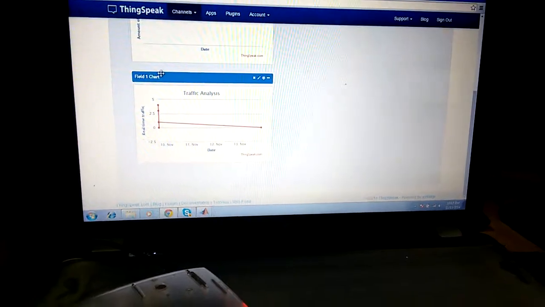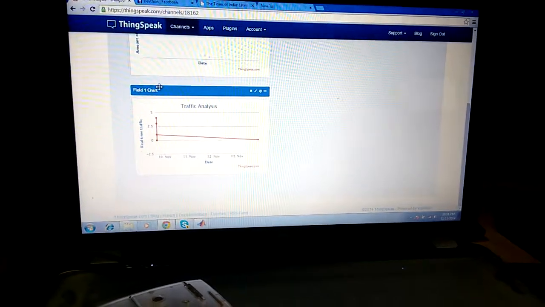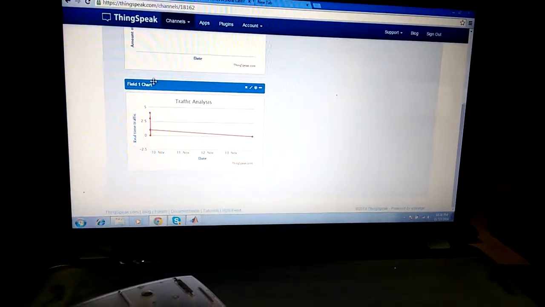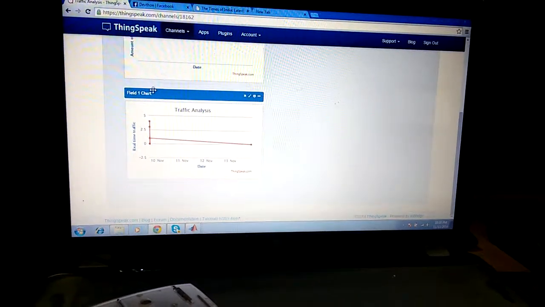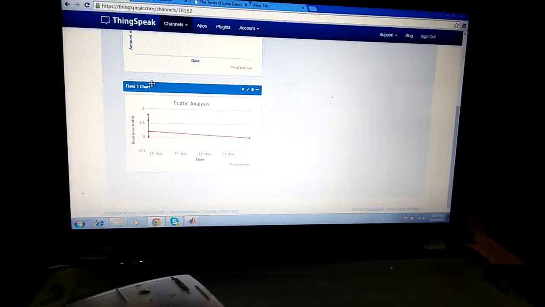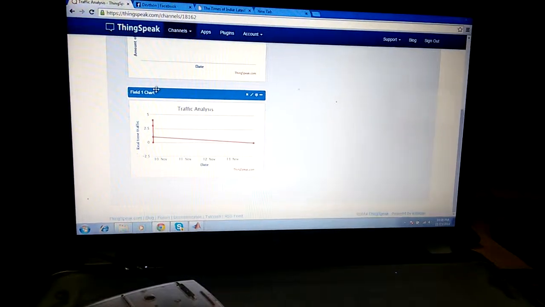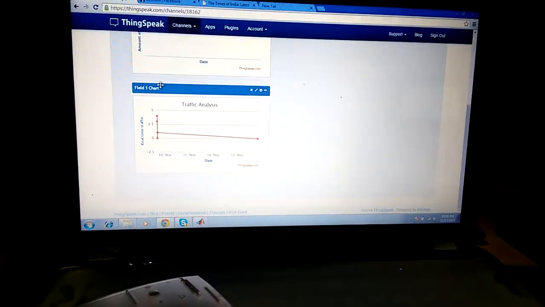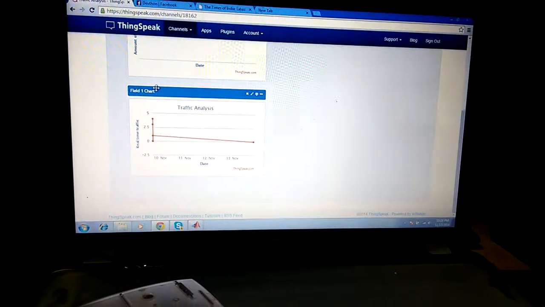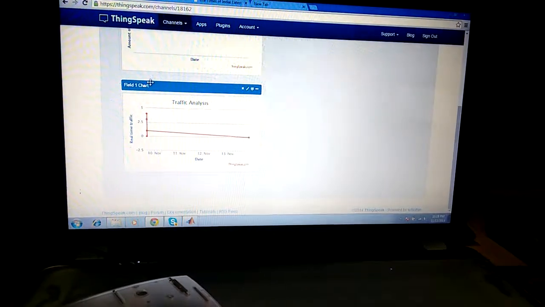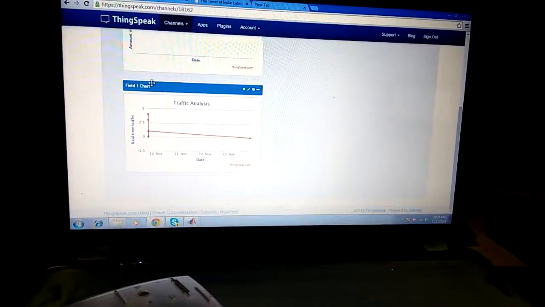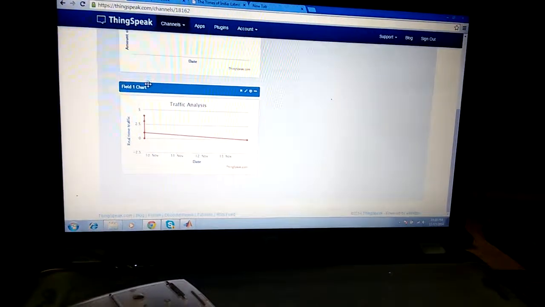So as we have seen, there are basically three applications of this project. First is to dynamically vary the traffic signal duration. Second is collection of real-time traffic data to model the traffic flow. And third, if the data is made available to the public, a mobile app can be built which will give the route with the least traffic.